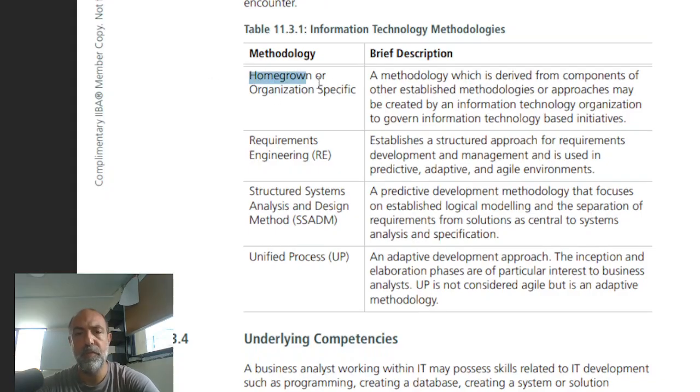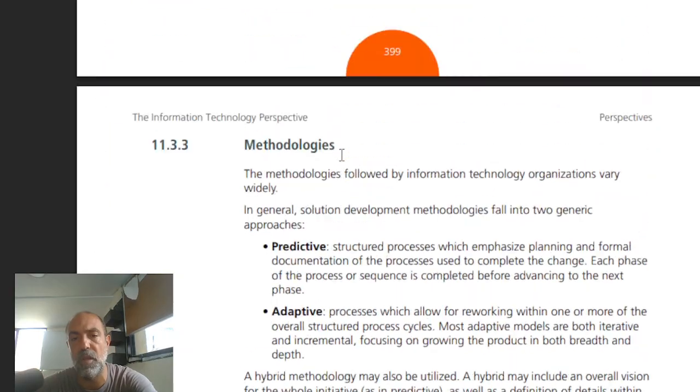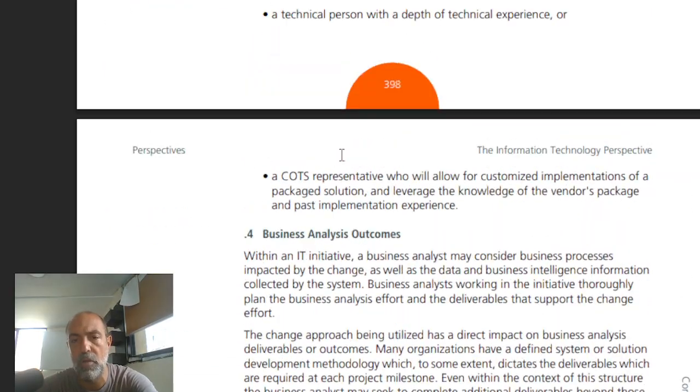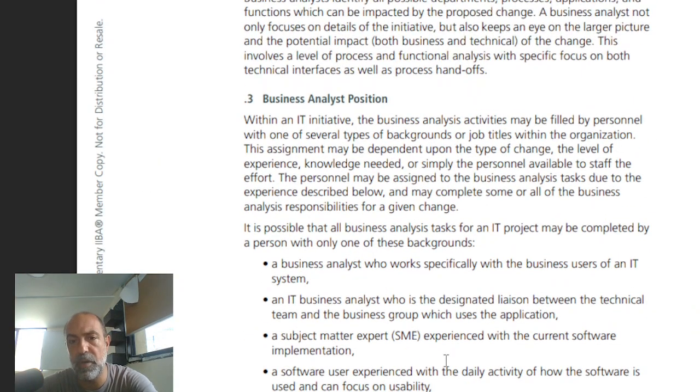What's the methodology? Homegrown or organization-specific. This is a methodology derived from the components of other established methodologies or approaches, which may be created by an information technology organization to govern information technology-based initiatives. Basically, we're doing this for this specific organization. Homegrown, as in we built it ourselves. Organization-specific, as in we bought, what did they call it here? COTS. COTS, if you guys remember, is basically